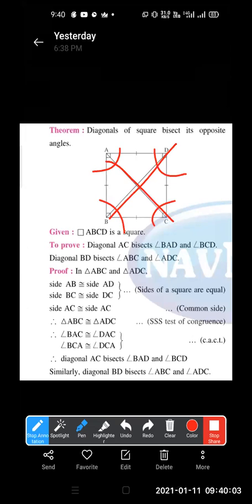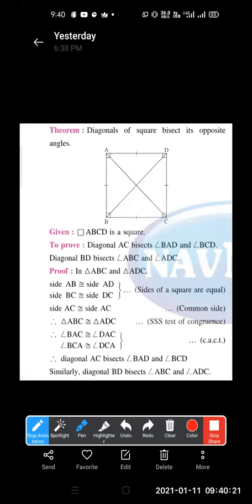Suppose angle A is 40 degrees. Bisect means each angle measure will be 20 degrees. So we have to prove it